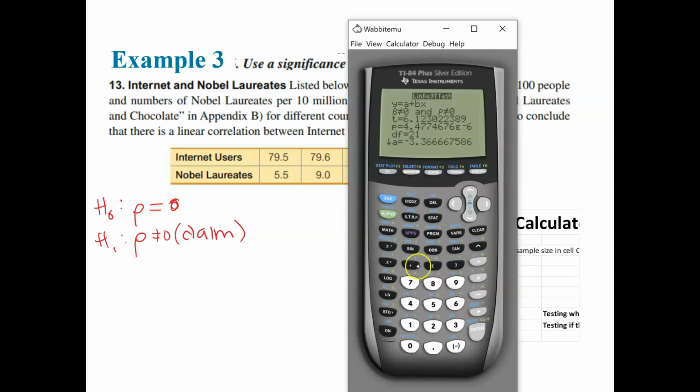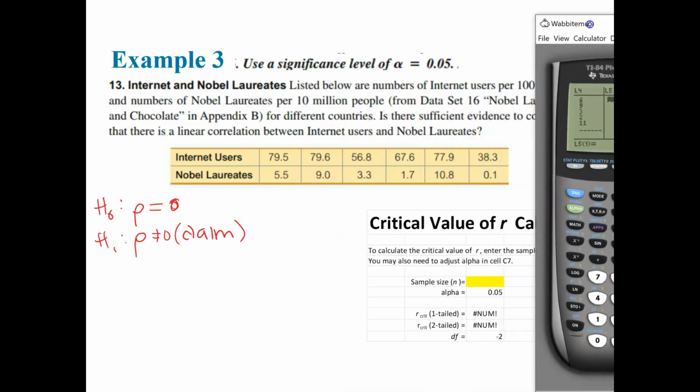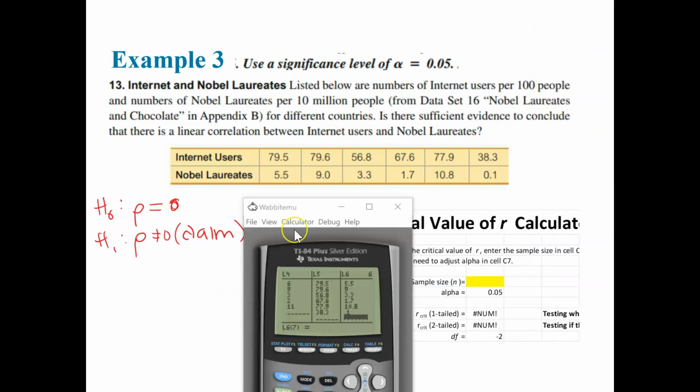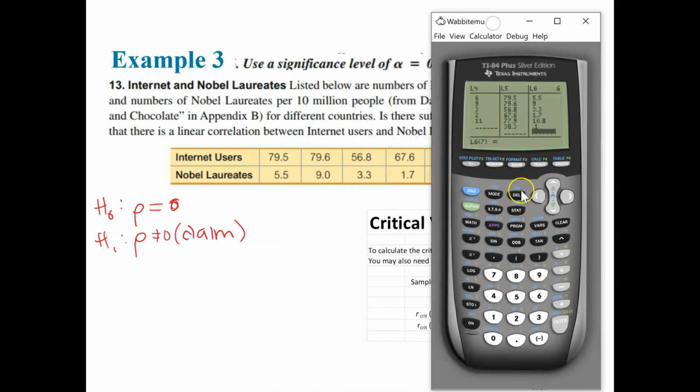We're going to put this data in. I'm going to put it all the way over into L5 and L6. Then I'm going to enter this data in; press pause to enter it in, and then press play. I'll move that over when you have it entered in. All right, I've got my data in here, internet users per 100 people and number of Nobel laureates, to see if there's some sort of correlation here. So I'm going to go to Stat, Calc, Test, Linear Regression T-Test, and I believe I put it in L5 and L6,